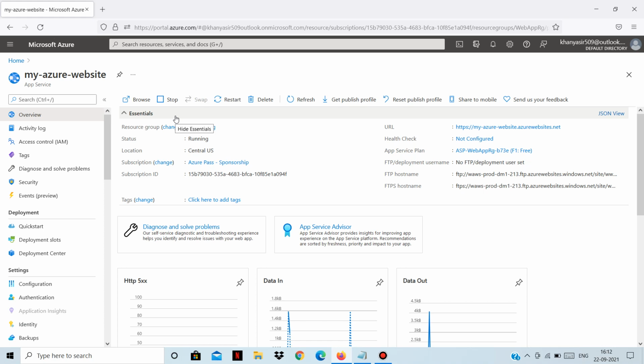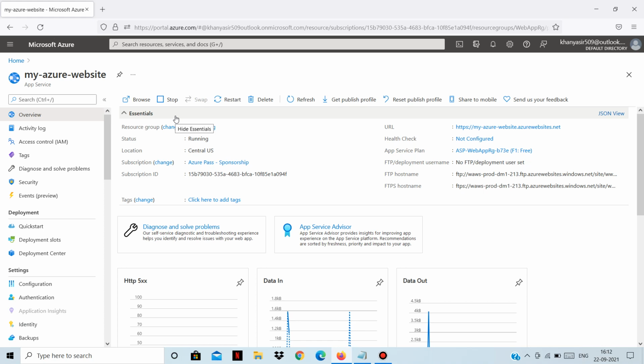So your application code can be present anywhere in these sources, and you can make use of automated deployment to deploy your code. Whenever you commit or make changes to your code, your application will then be deployed to the Azure Web App Service. So it's like a continuous integration and continuous delivery or continuous deployment pipeline.